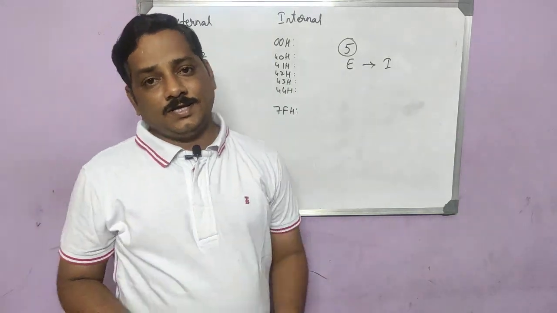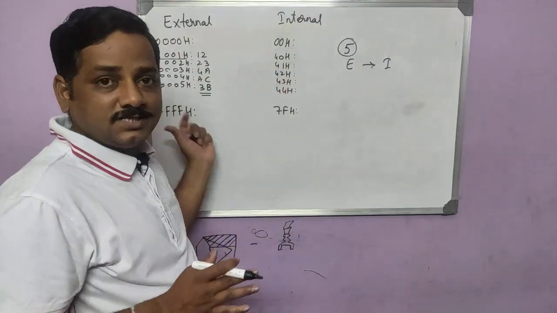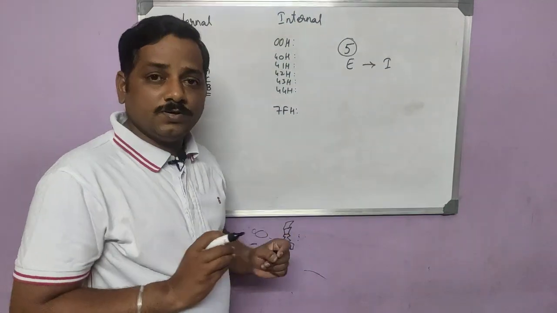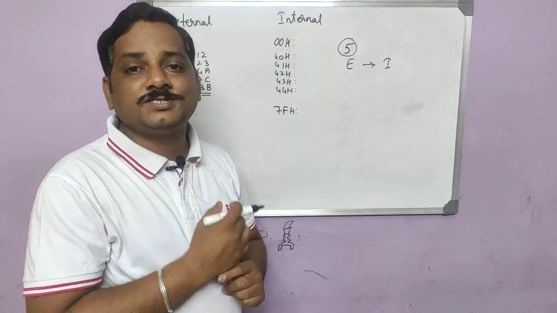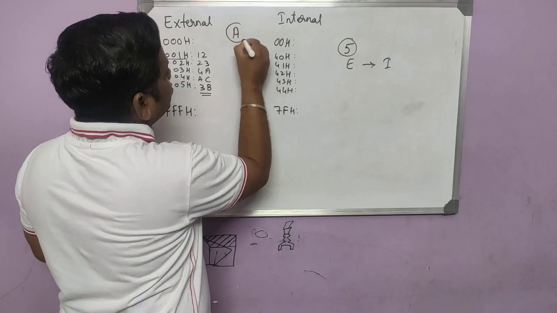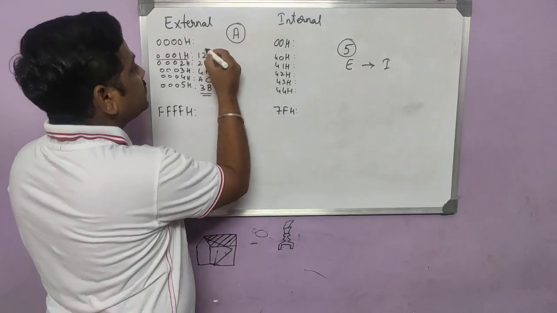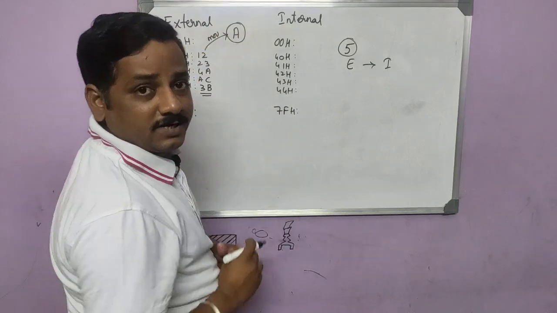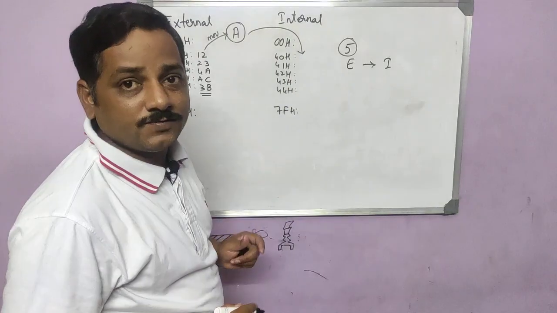Or in simple words, we cannot move the data from register to register. This is one register, this is another register. That cannot be moved directly. So to do that, in between we use a special register called the accumulator. That is a special function register. So we'll take the accumulator in between. The first step is to move the data into the accumulator, and from there you move it to 40H.